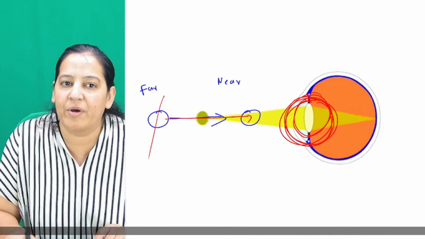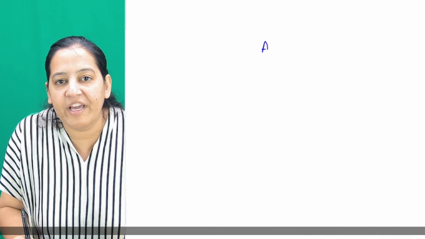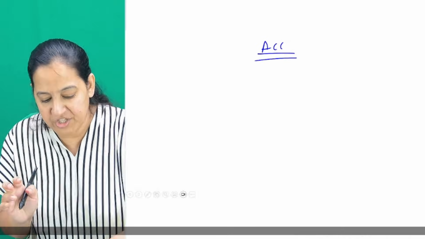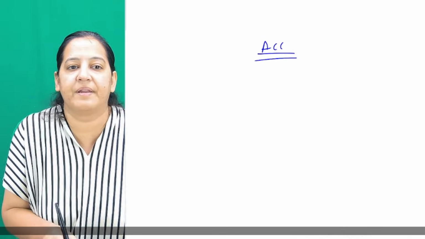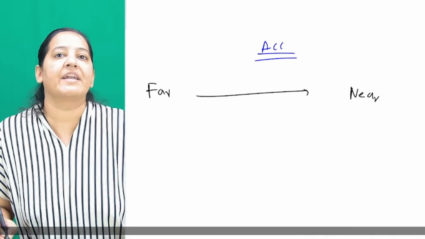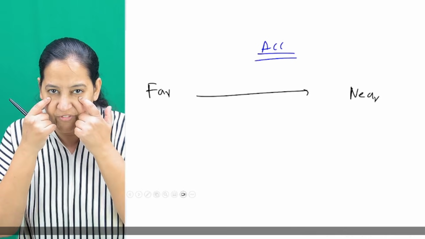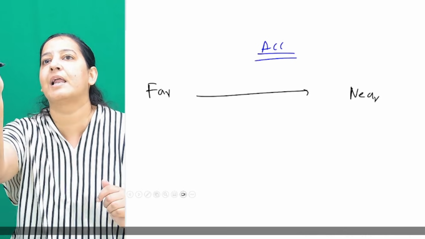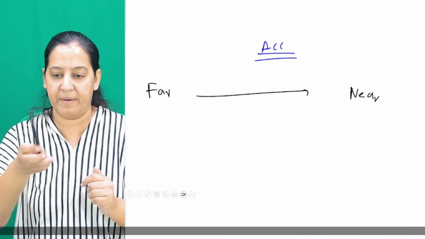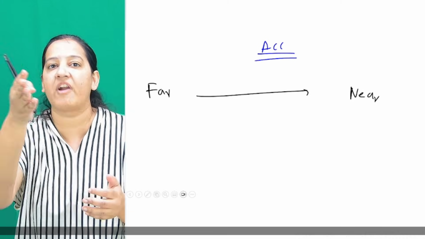During accommodation, when the vision changes from far to near, what is accommodation? Let's define accommodation. Accommodation in the human eye is a physiological phenomenon. It occurs when we shift the vision from far to near. I'm looking at a mountain. Suddenly you come in front of me. So instead of the mountain, I'm looking at you. So I'm shifting the vision from far to near. I'm looking at this almirah in front of me. It's far away. But I'm looking at this pen. Almirah, pen. So I'm shifting the vision from far to near.